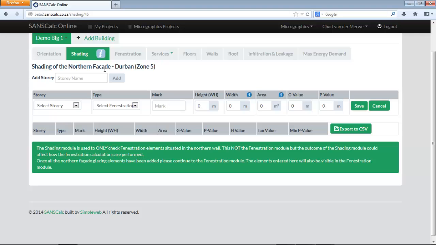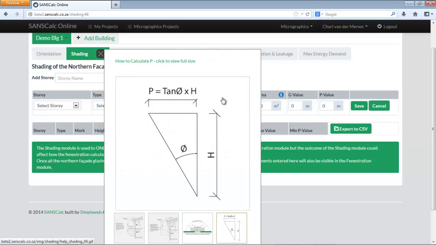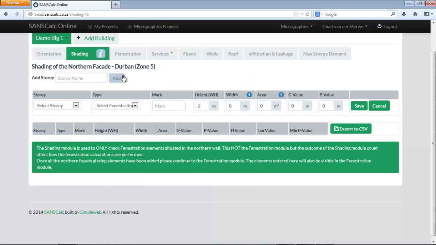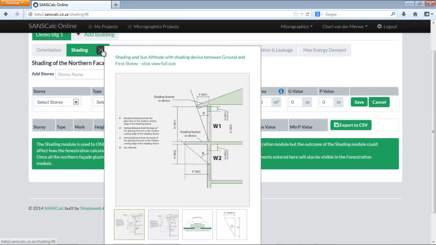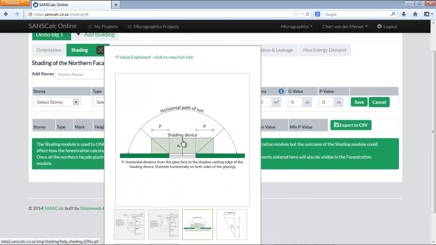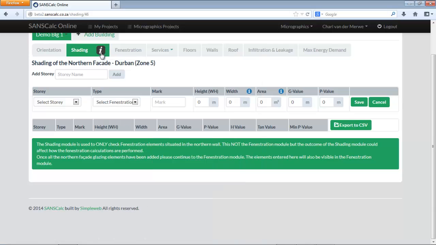That value then gets calculated to define a p-value, and that p-value is basically the overhang of your north facing facade. So in this shading module, it's basically shading of the northern facade, which is critical